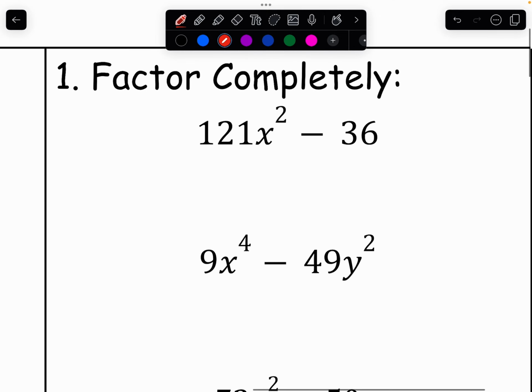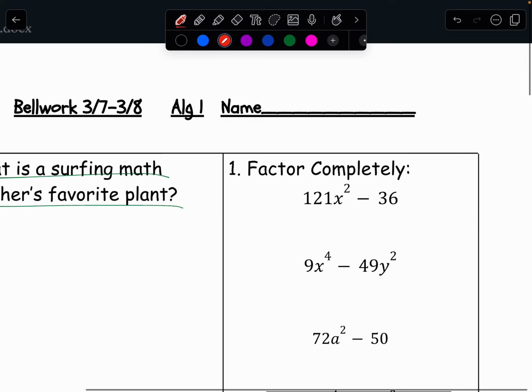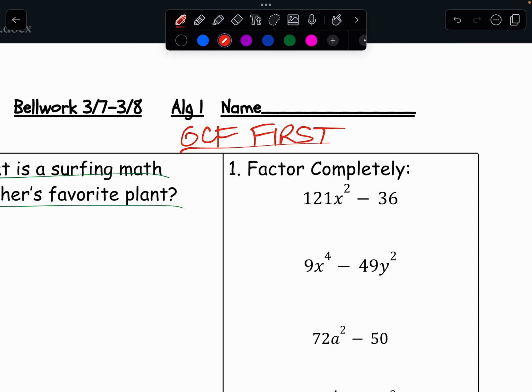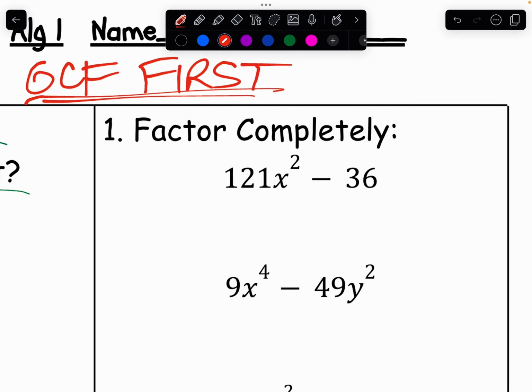All right, factor completely. So when you have a difference of squares, you take the square root of both, and you have a plus b, a minus b. But before you do anything on any of these, you always want to look for the GCF first. Okay, so for this first box here, we have number 1, A,